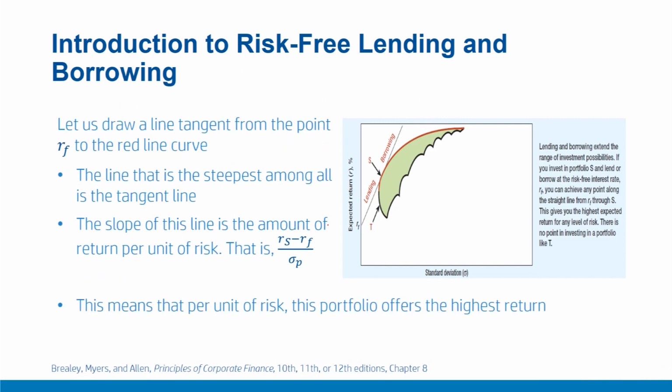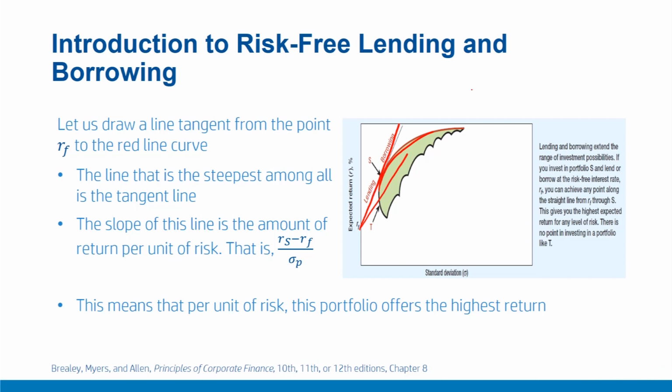Let us find out if there is a particular portfolio on this efficient frontier that offers us the best set of combinations of risk return profiles. It would be easy to understand that if I keep on moving counterclockwise, I would find the steepest line to be at the tangency point. Let's call this tangency point S. Please note, if this tangent line from RF to S is drawn, let's put it with the red line, this tangency line will be the steepest line from RF to this efficient frontier.